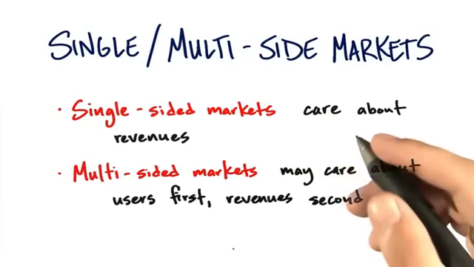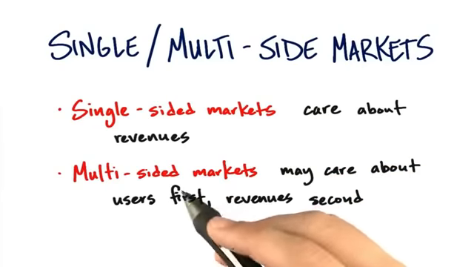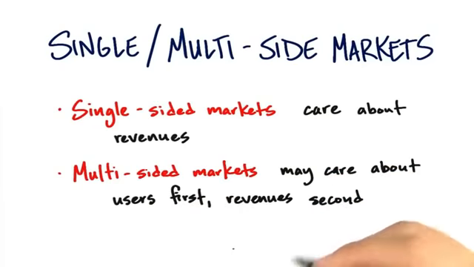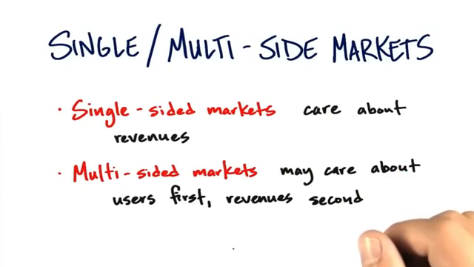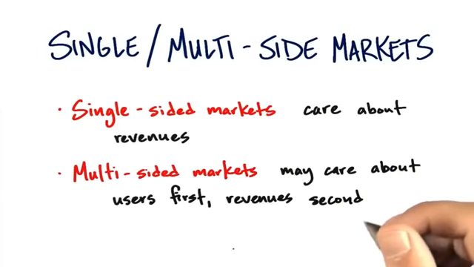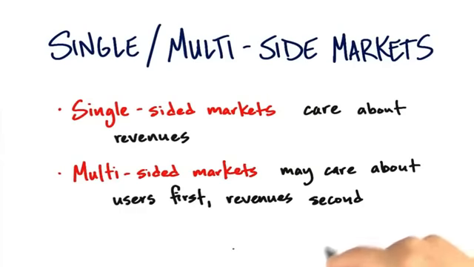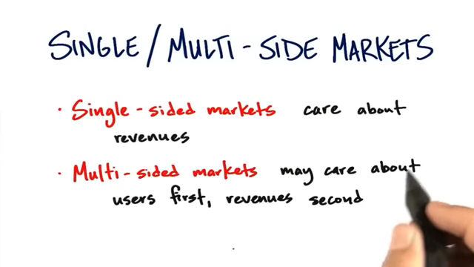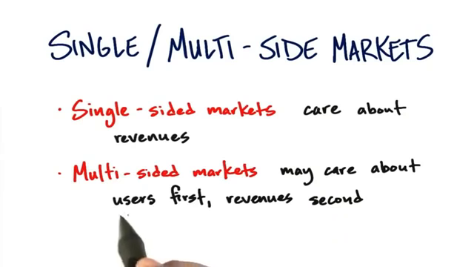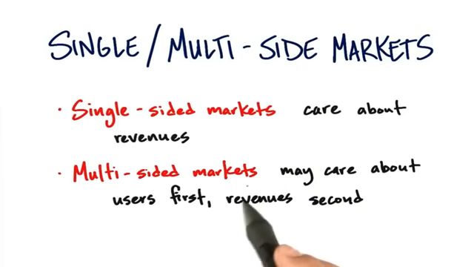And in multi-sided markets, the company, your startup, typically cares about acquiring a massive amount of users and then figuring out how to monetize those users next. Google decided to go for millions and then tens of millions of users, and then the keywords came after. Now, depending on your investors, this might be their strategy. I tend to prefer that we actually try to look for who the payers are as early as possible, but this is a question you might want to ask your investors.